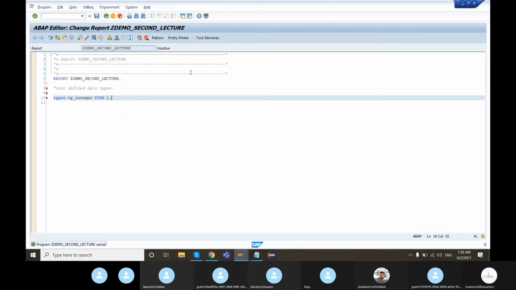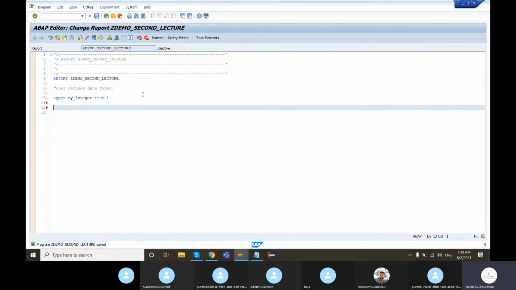So what I have done here is I have created a new type called ty_integer, which is of built-in type I. Now, if I want to create an integer, I will use the DATA statement: DATA keyword, lv_int TYPE ty_integer.